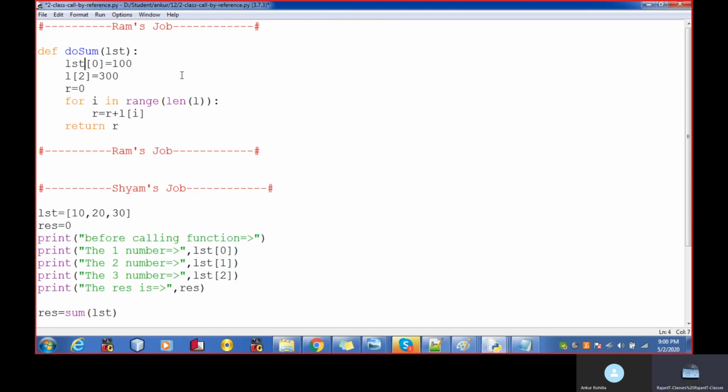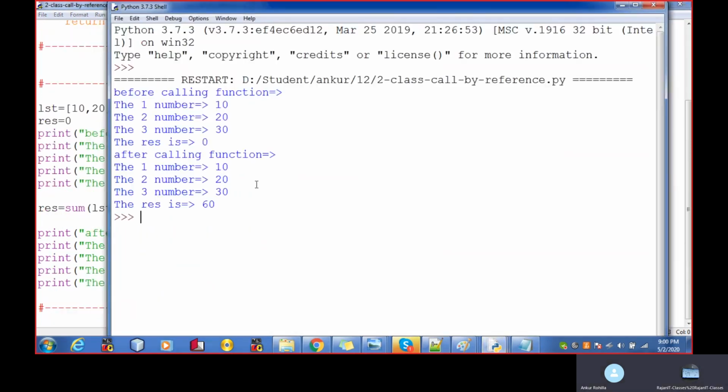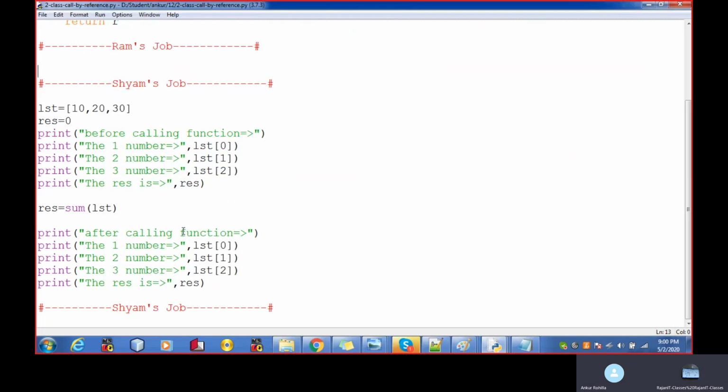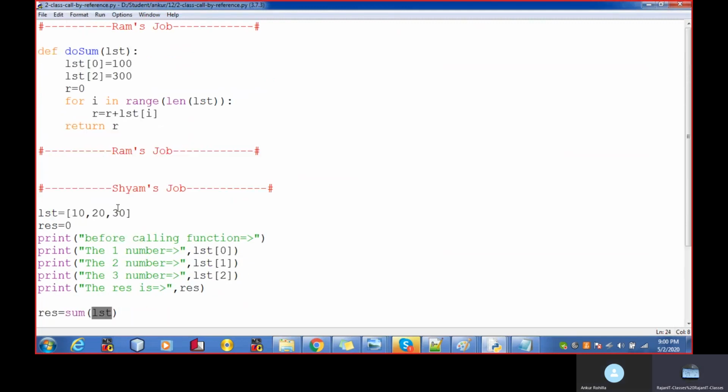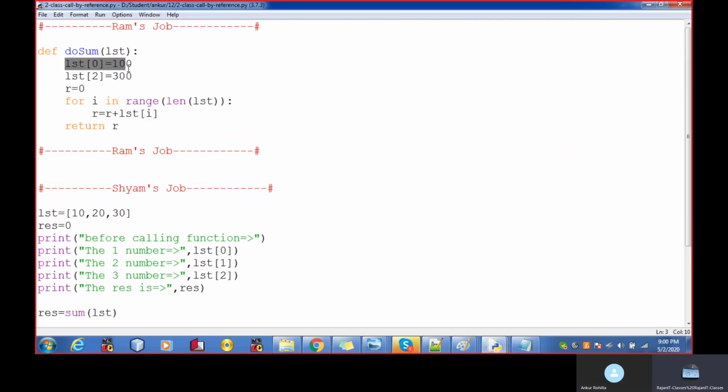As the changes are reflected back, the names might be different. Sir, why does everything look the same here also? No. For LST, the value of the LST over here, change it to the 100, the 200.